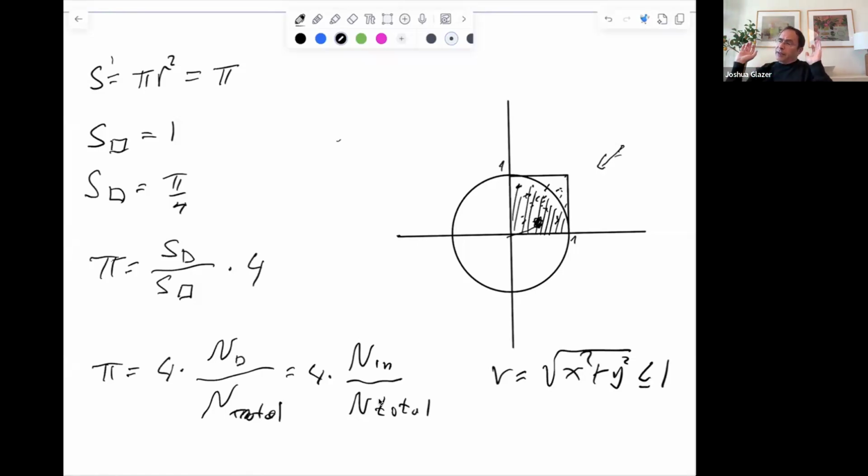And all we need to do is simply count the number of darts that fell inside, divide it by the total number, multiply by 4, and if all goes well, we should get pi. Do we have any questions so far? Perfect. So let's now